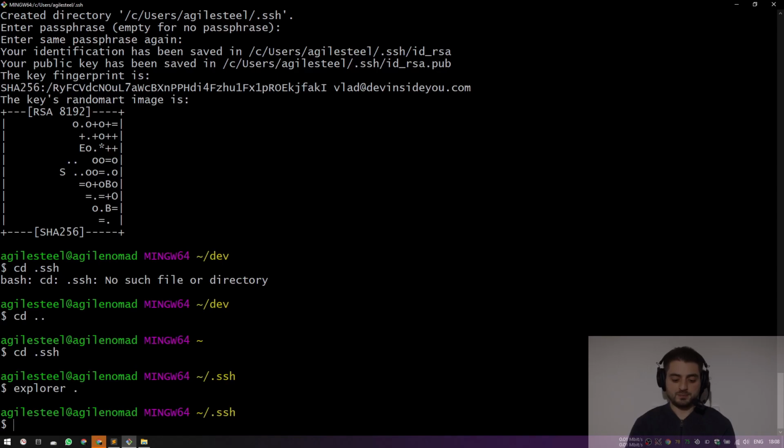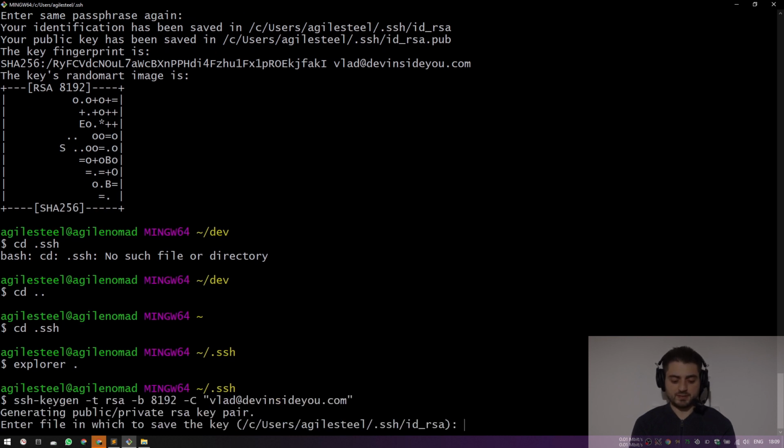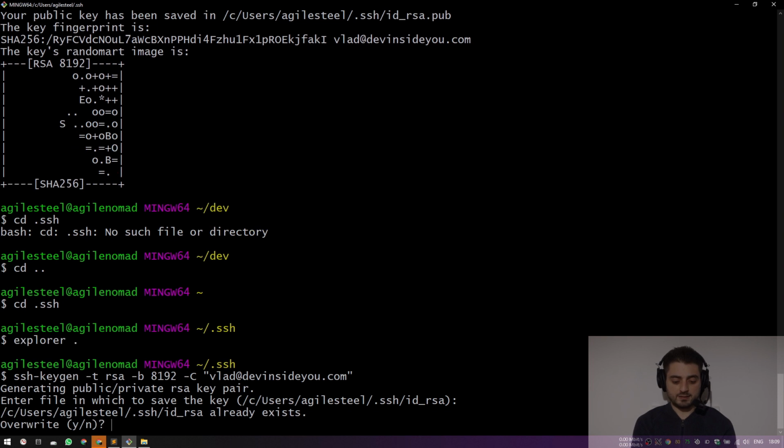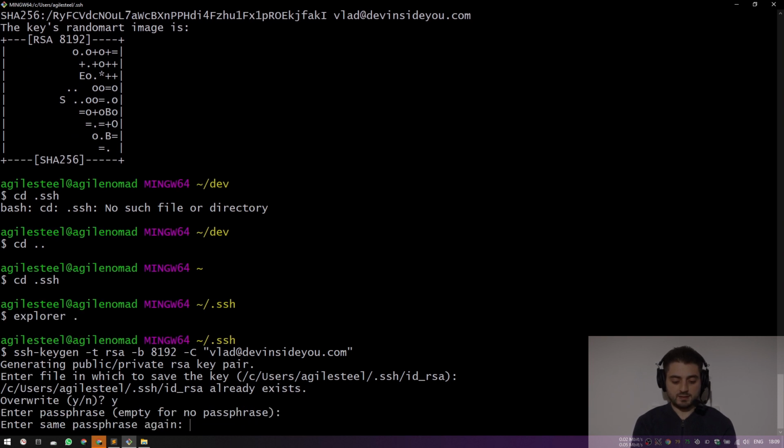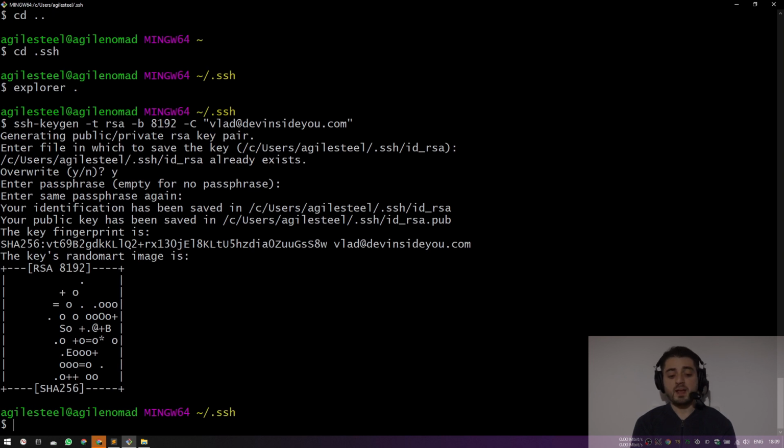So I'm just going to go over here. And you can do this from any folder, by the way. I'm going to do exactly the same thing again. Generating the keys, enter, override yes, and I'm going to do the same thing like this, and like this. All right. Now, before we go and register this public key with GitHub, I'm actually going to show you an